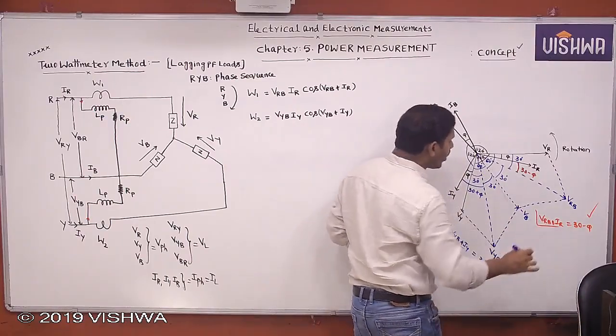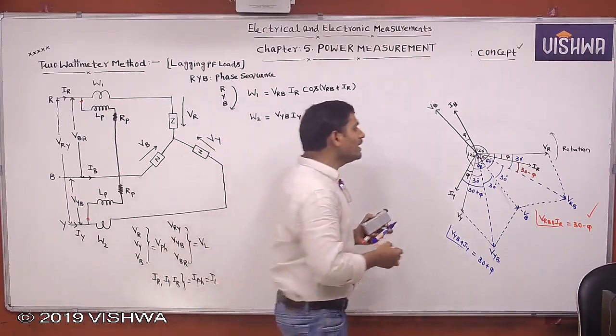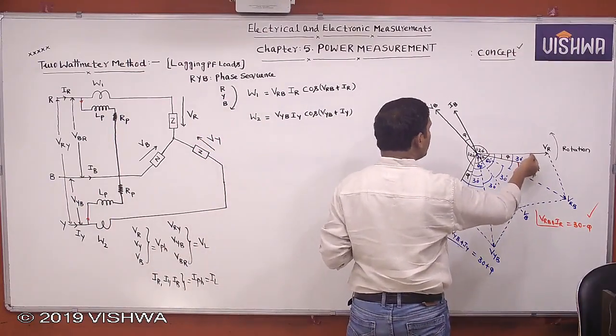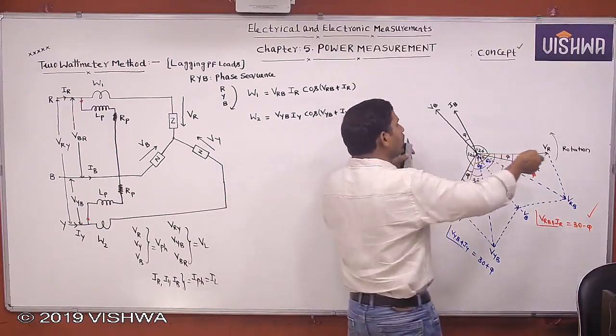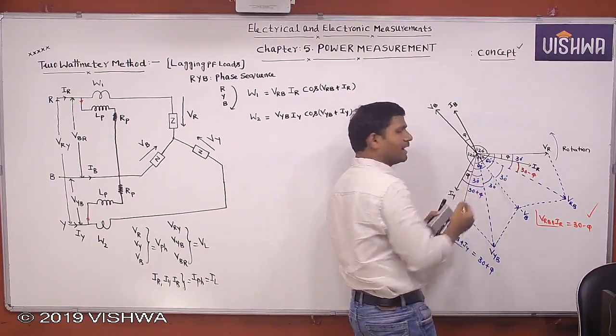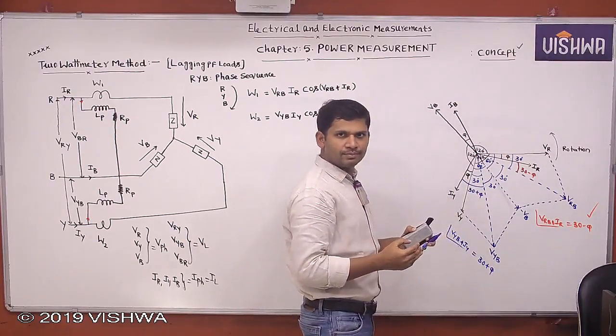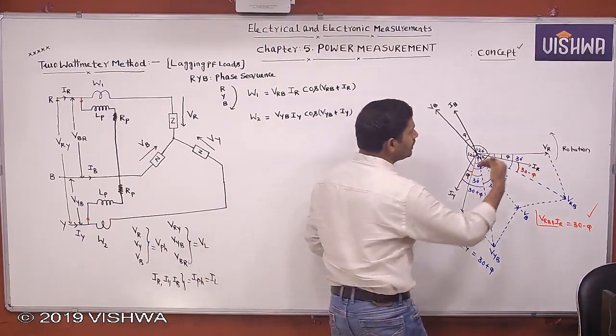I am drawing this vector diagram with the assumption of lagging power factor loads. That's why I have taken current lags the voltage. Current lags the voltage, as per vector rotation is anti-clockwise. First voltage, next current. First voltage, next current. That's why lagging. If you want to draw the same vector diagram for leading power factor loads, then IR